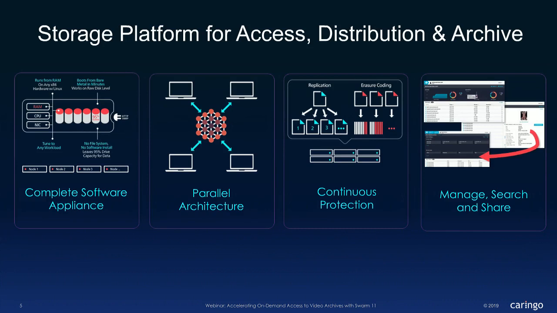Just kind of progressing along this slide, you have parallel architecture, but the parallel architecture also helps with our continuous protection, right, Eric? How we protect content? That's right, and that's part of the secret there, is that as you add more nodes in the system, our ability to protect the content also increases in speed. So when there's a drive failure or a node failure, and I say when because you will, it's not fair to say maybe you won't. Drives always fail, so as you add more and more drives, you need the system to get faster and faster at the recovery of those drives.